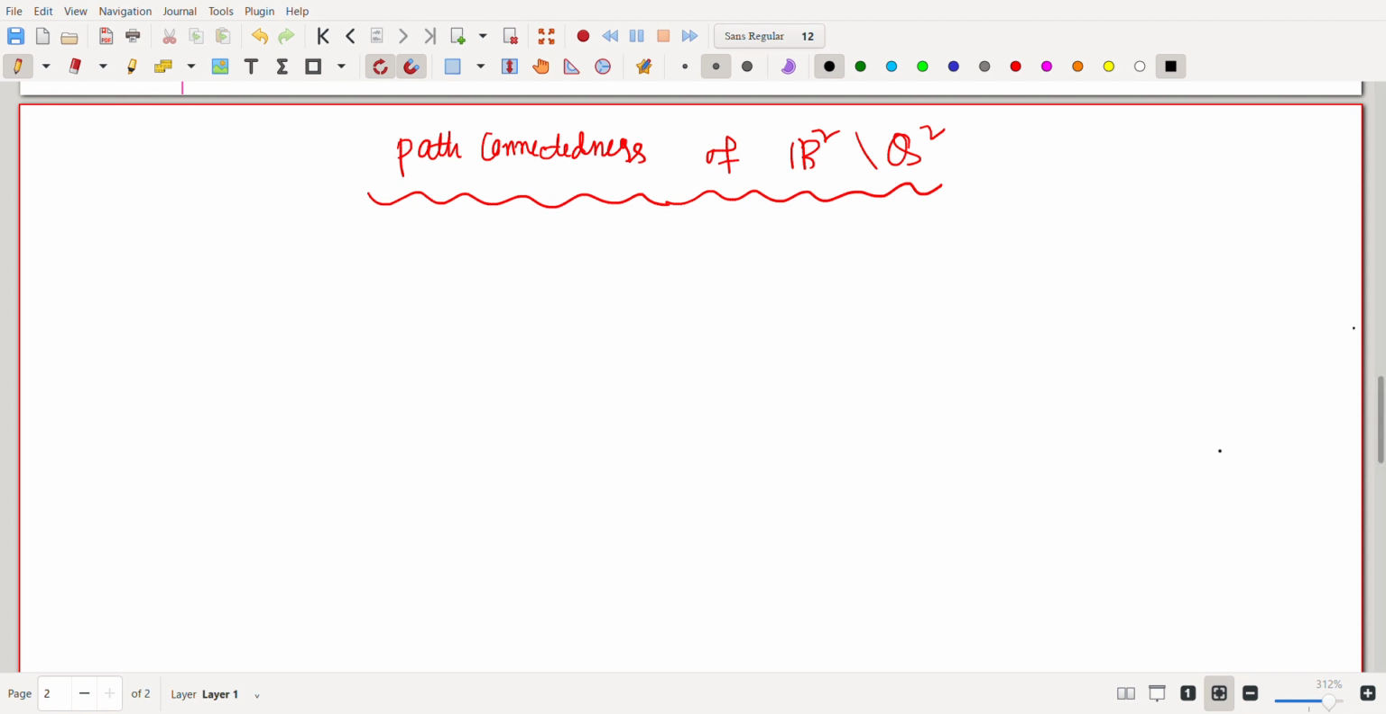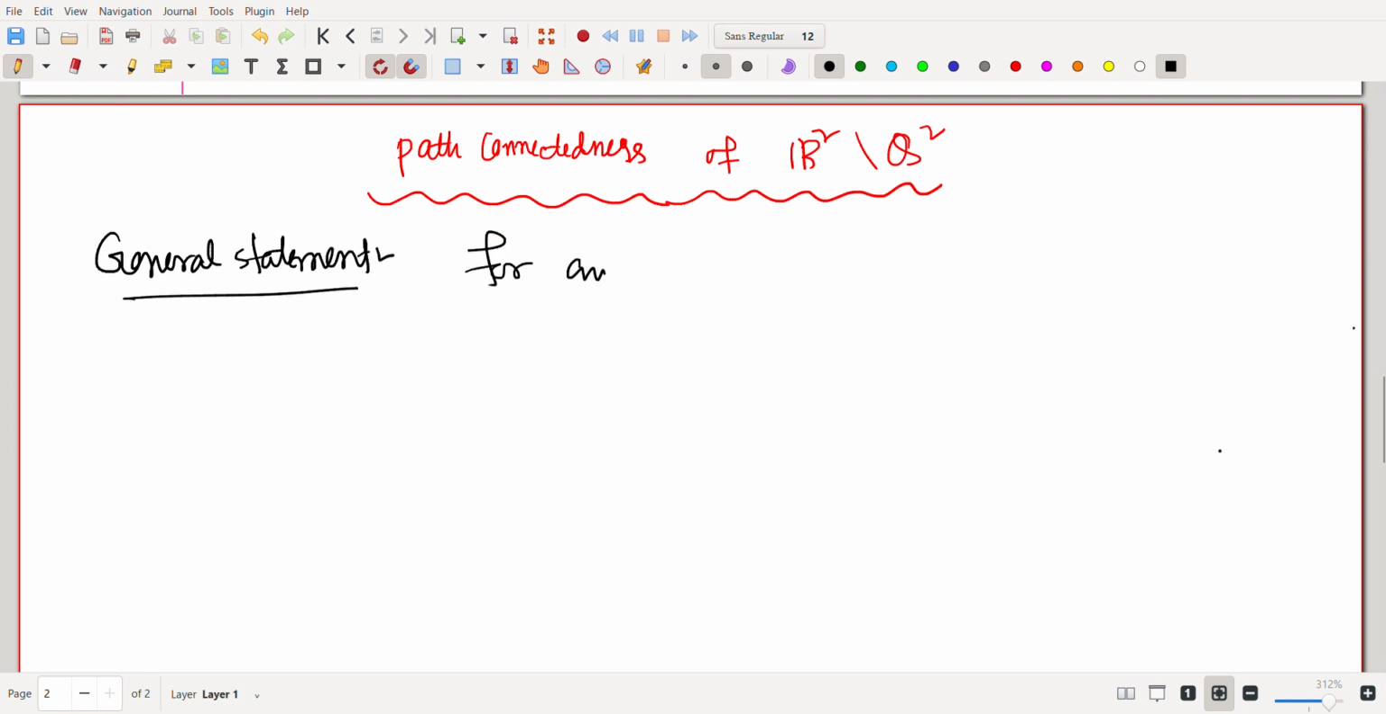So how do I show that? The question usually comes in this way: R2 minus Q2 is path connected or not, or sometimes whether R2 minus Q2 is connected or not. Since R2 minus Q2 is path connected, it will imply R2 minus Q2 is connected. So how do I show that R2 minus Q2 is path connected? The proof actually holds for R2 minus any countable set. So the general statement is: